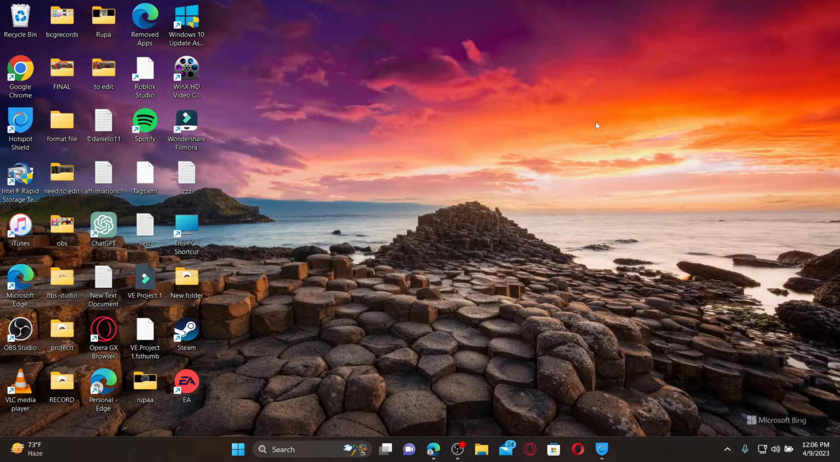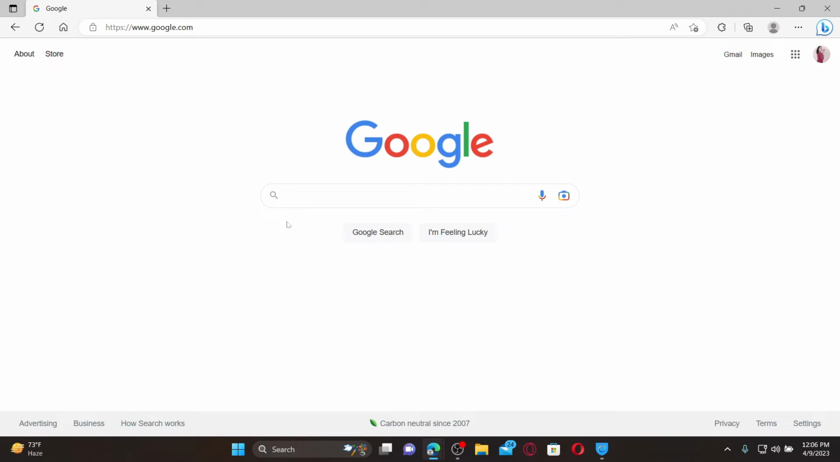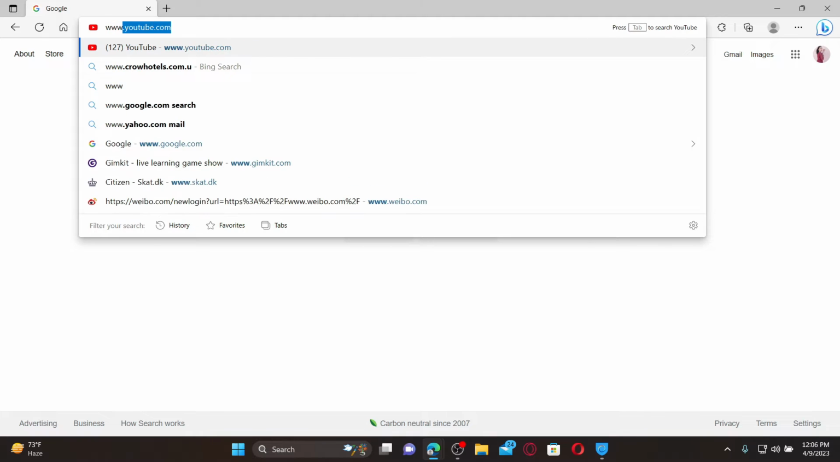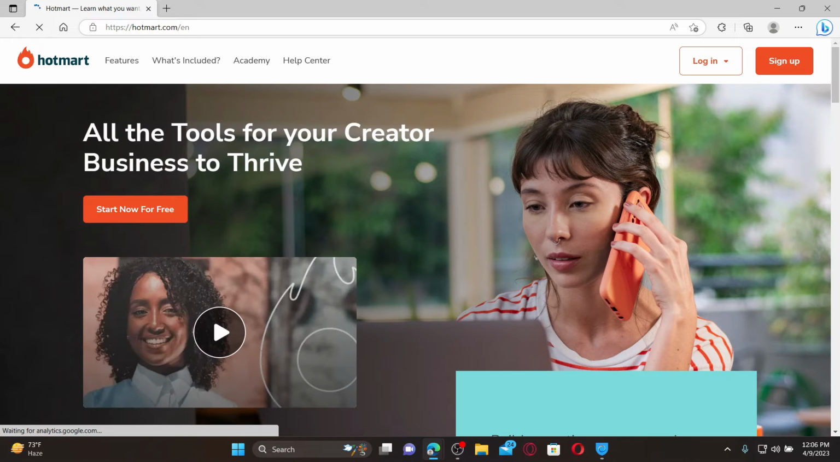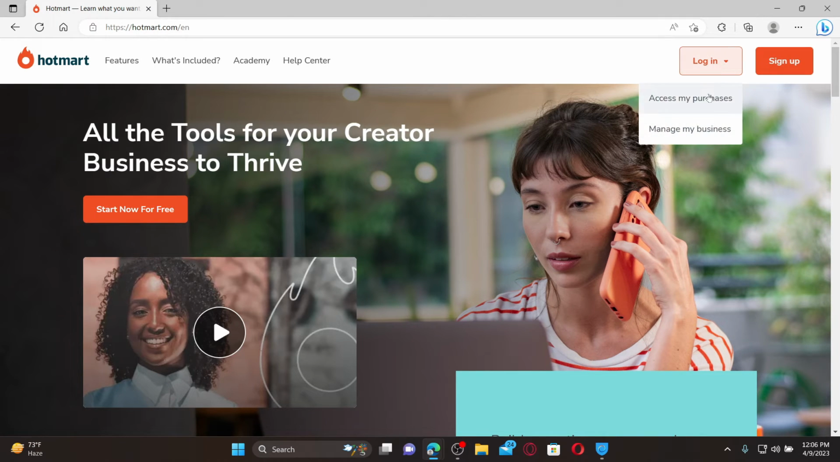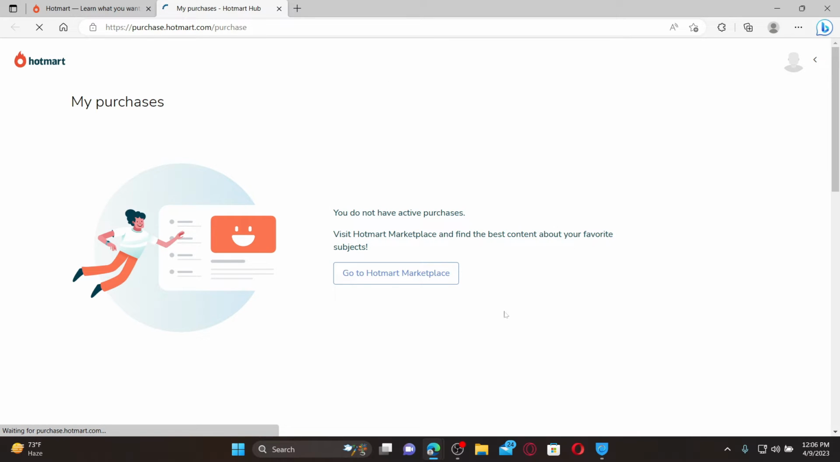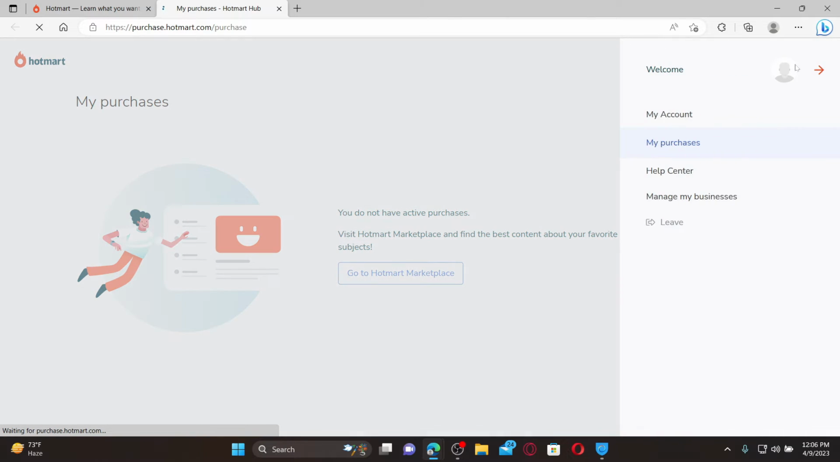Open up a web browser to get started. Make sure that you're logged into your Hotmart.com account. Type in www.hotmart.com in the web address field and then you'll end up on the official web page. Make sure that you're logged into your account like you normally do. Enter your Hotmart account's credentials, and once you're logged into your main home page, click on the profile icon at